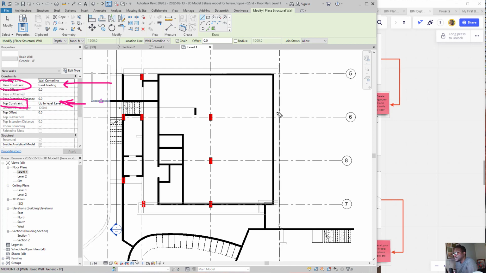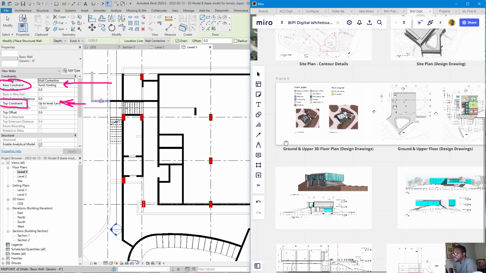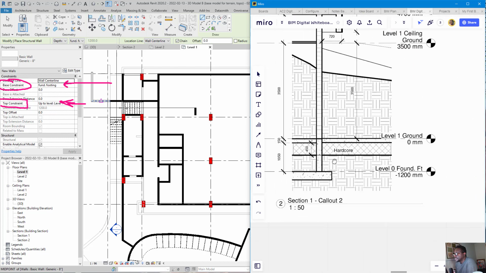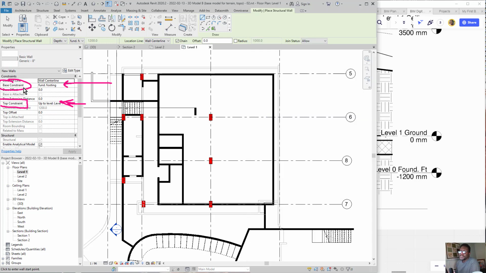And we can see what we mean when we look on our drawings here. If we look at one of our sketches, we can see that this type of wall here needs to only go between the foundation footing level and the 0 level, and then we can add the foundation footing base on that wall. All right, so the interesting thing about this is that once you change these options here, when you draw the wall, you're not going to see it in plan naturally, because it's going to be below